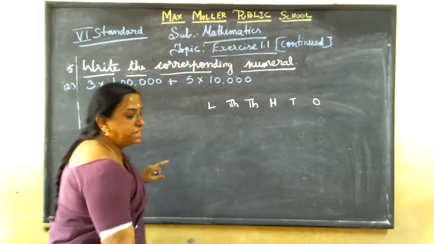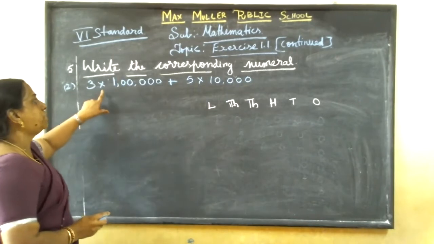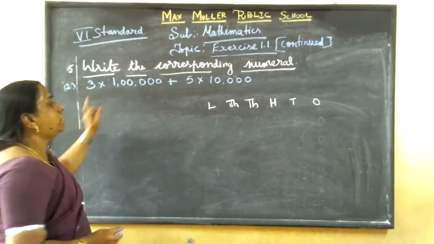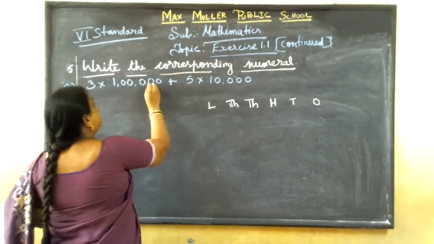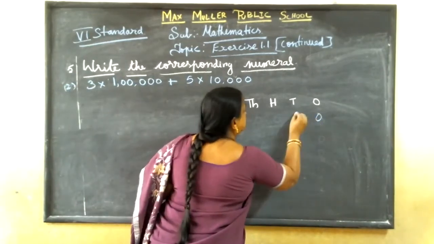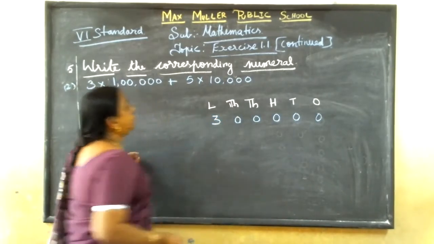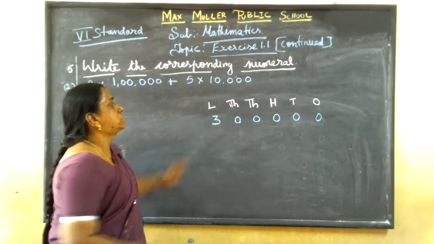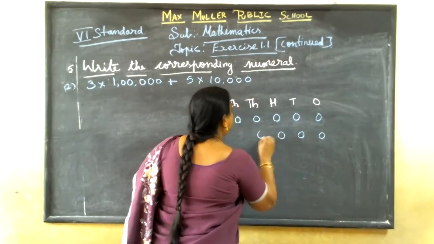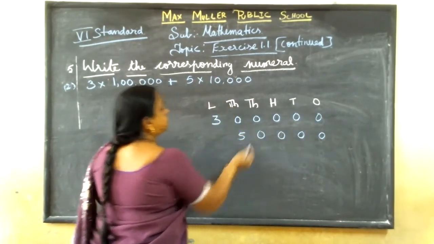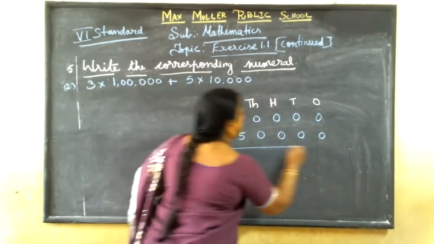So here you should see the highest place. The highest place is what? Ones, tens, 100, 1000, 10,000, lakh. So you should start from lakh. 3 into lakh is what? 3 lakh. So already you have written ones, tens, 100, 1000, 10,000, lakh. So 1, 2, 3, 4, 5 zeros. Then 3 ones are 3. Clear? Next one, 5 into 10,000. So here 1, 2, 3, 4 zeros. 5 ones are 5. That's all they are given. So no 100 place, no thousands place, nothing. So just add these two, you will get the answer.